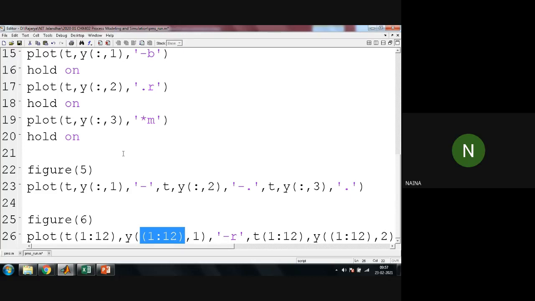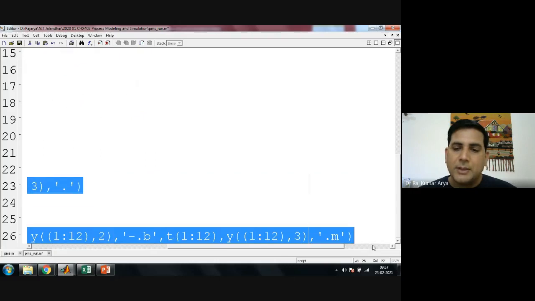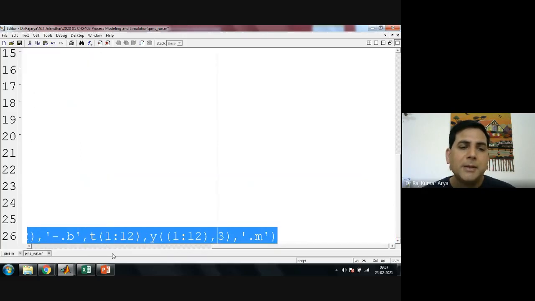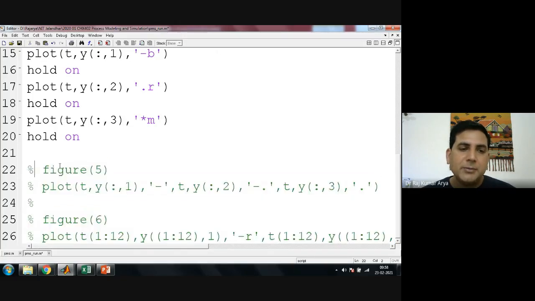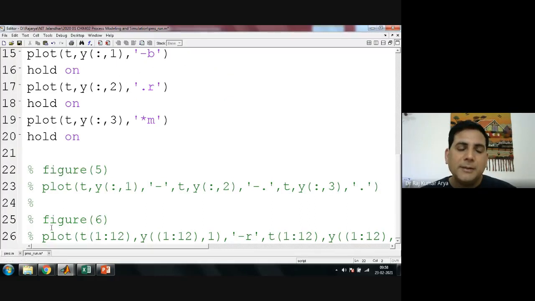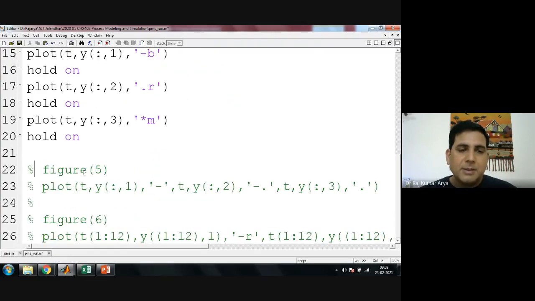Yes, sir. So these are the various ways. So this first part is, now if you want to give a comment here, you have a text file here. There's a command here just to give comments. So it will always be a percentage sign here. These would be comments. So wherever you put this, it would be text material, so MATLAB will not read this. Now this is just a program.